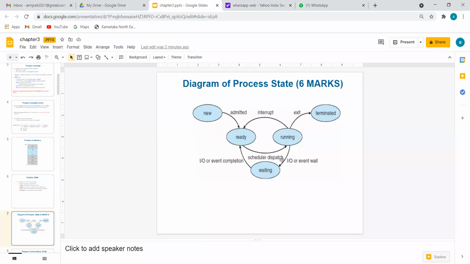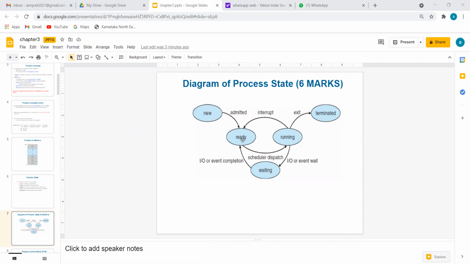What we have to do is, once it enters the waiting state and all the requirements are given, it again enters the ready state. I mentioned that directly there is no edge from waiting to running. Once it enters waiting, it has to go to the ready state. Once it is in the ready state, it has to enter running again and finish. So sometimes an infinite loop will happen.